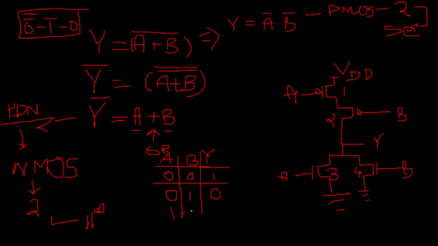Similarly, when A is 1, B is 0, at that time what will happen? A is 1, that means 1 is off, 2 is on, but it is not good enough to provide you the output equal to VDD. Then we come to the pull down network. Here A is 1, that means 3 is on and 4 is off, but only 3 transistor is good enough to give us output as 0. And when A and B both are 1, that means whole pull up network will be off, and 3 and 4 are on, that means it will be 0.